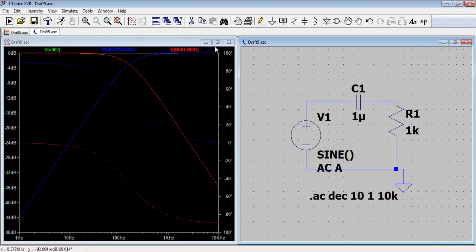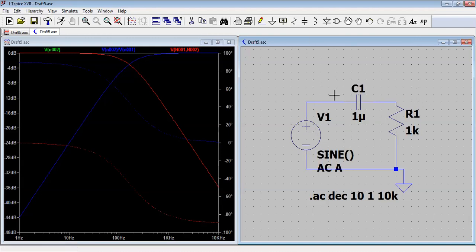Okay, let me add another thing here. If I want to make a band pass filter, what should I do? I should put a resistor here and a capacitor here, and then if I take the output from that particular part, it will act as a band pass filter, right? So first it passes through the low pass filter, then it passes through the high pass filter, then we will get a band pass filter.